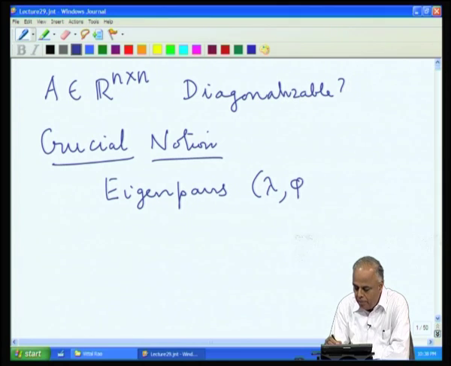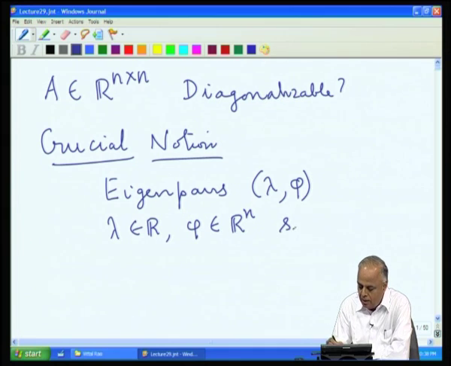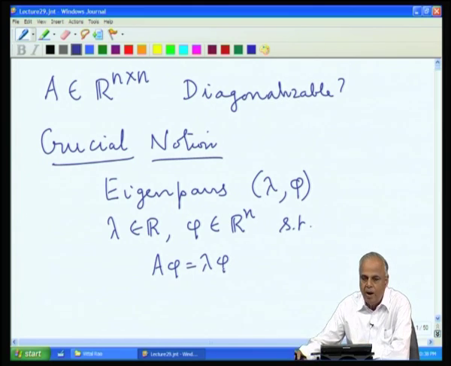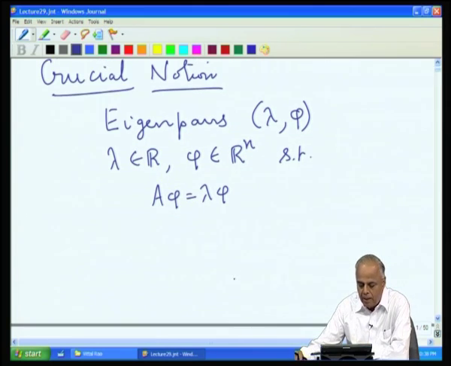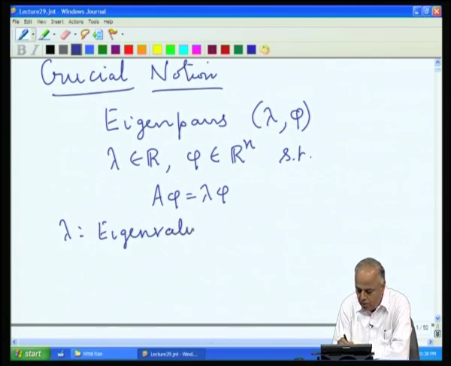When we say eigenpair lambda phi, lambda is a real number and phi is a vector which has n components, such that A phi equal to lambda phi. Then we say lambda phi is an eigenpair. Lambda is called eigenvalue, sometimes called characteristic value also, and phi is called eigenvector